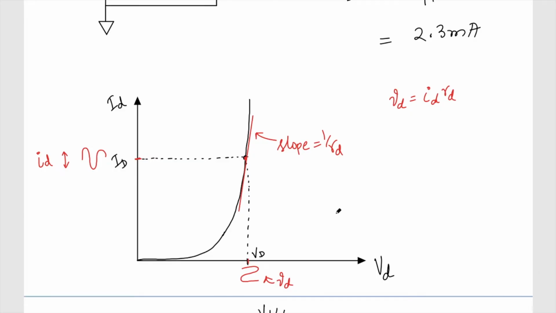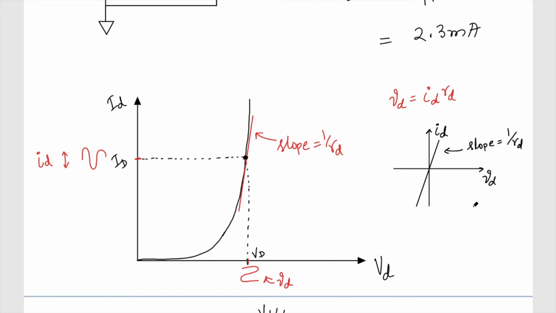So the other way to look at the small signal analysis is basically, this is my biasing point, and here I have estimated my slope. Because we are ignoring this DC part, we are shifting the origin to here. So basically I have my new set of x and y axes. This is my small vd, and this is my id, right? And this is the line, and it has a slope of 1 by